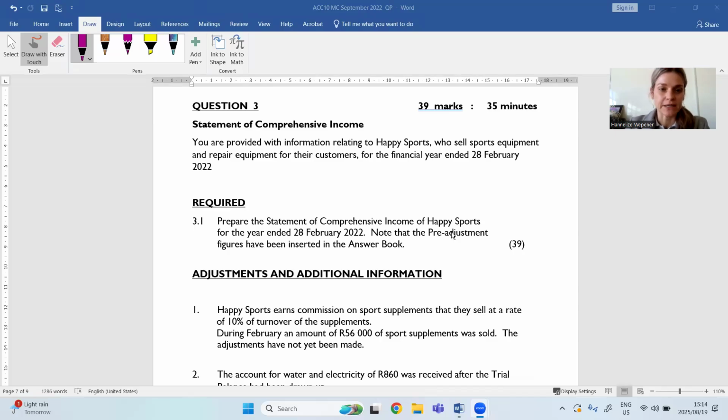Great, let's take a quick look at the Statement of Comprehensive Income, or the SOCI. You are provided with information relating to Happy Sports, who sells sport equipment and repair equipment for their customers for the financial year ended 28 Feb 2022. In other words, your financial year started on the 1st of March 2021 up until the last day of Feb